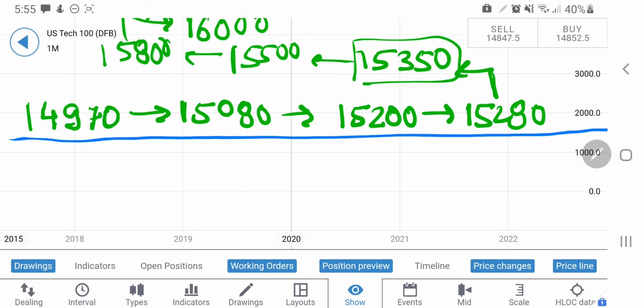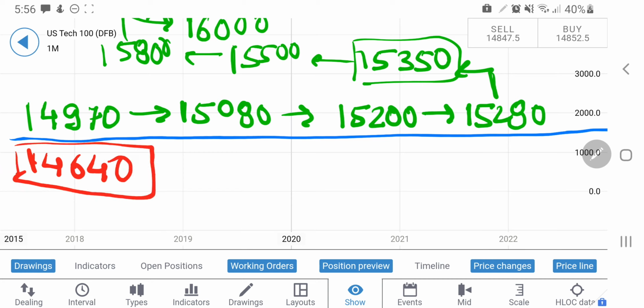Any move beyond 15,350 next week or next month, that is this month, the month of April, you can initiate a long. You can buy a call for 16,000 or 15,800 at least, and it will get achieved. On the downside, 14,640: if it trades below 14,640, I will recommend that it is going to drop. I will recommend that one can initiate a short